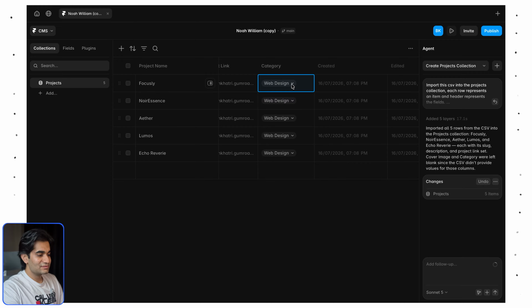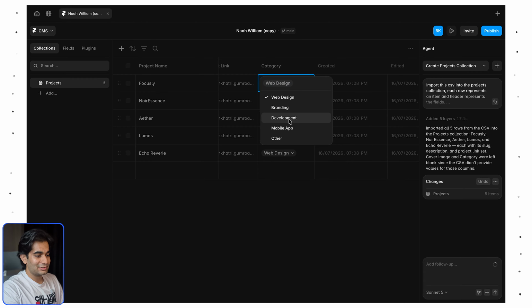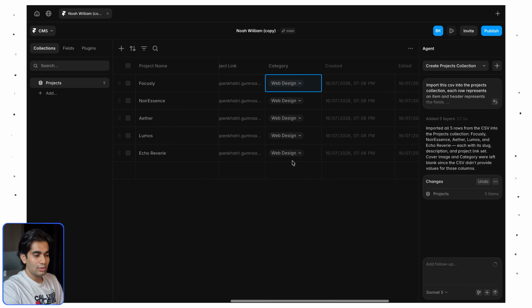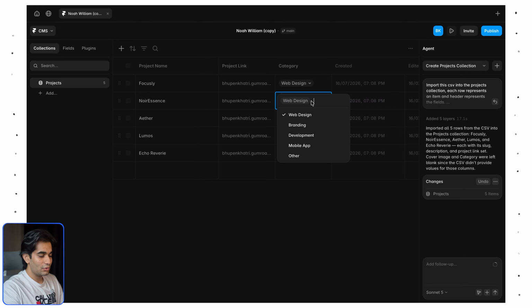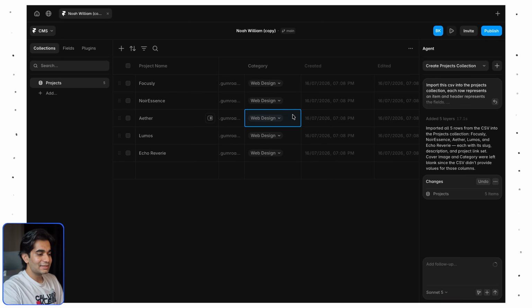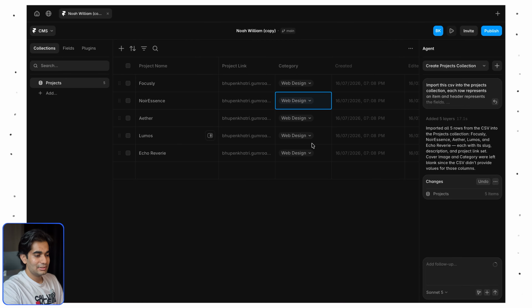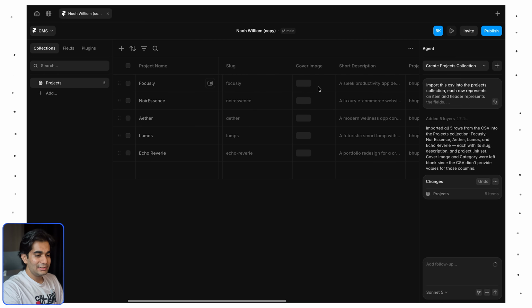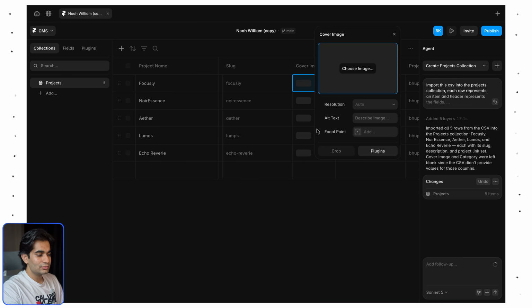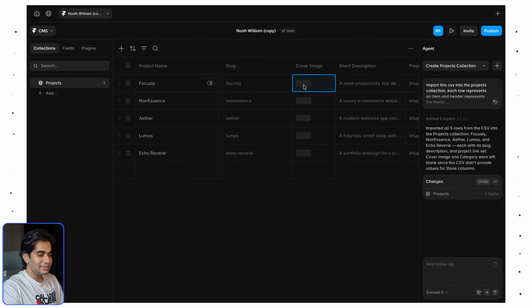And the agent just did not like that because it filled every single project with the same category, web design. All five, whether it actually made sense or not. It created some categories on its own too, but I never added them in the CSV. I left it completely blank. But see, it left the image field exactly how I wanted it, completely blank. So everything else is perfect except one little mess up.